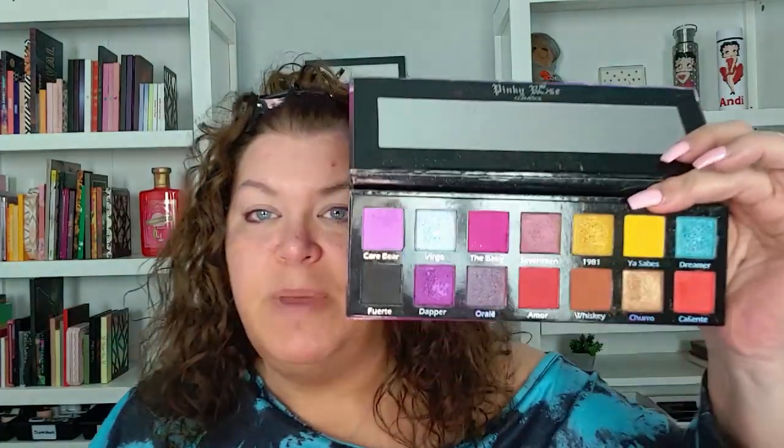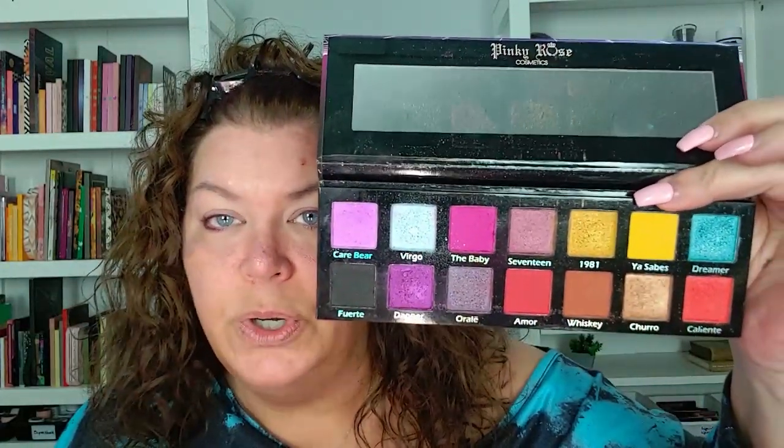We're doing an 80s-esque type of makeup, and we're using the 80s Baby palette from Pinky Rose. This palette was gifted to me from Ash from Makeup and Chaos. They were decluttering it and asked me if I wanted it, and I said absolutely, because I am an 80s